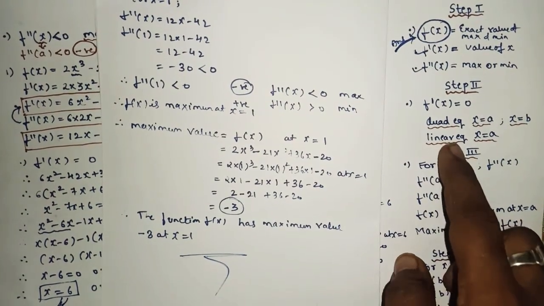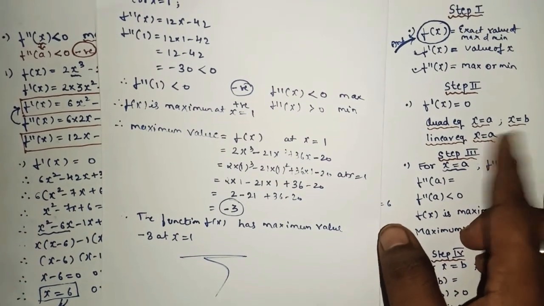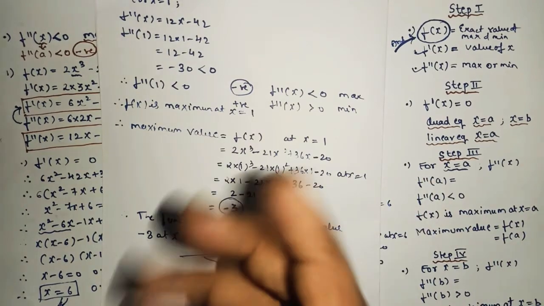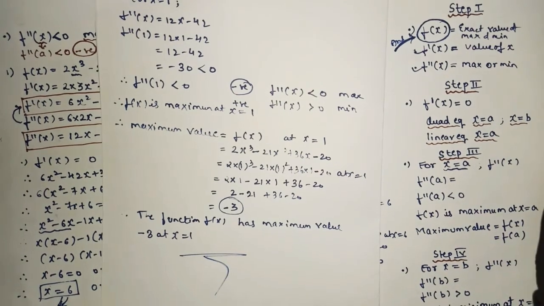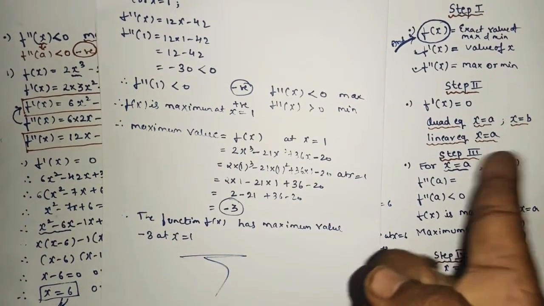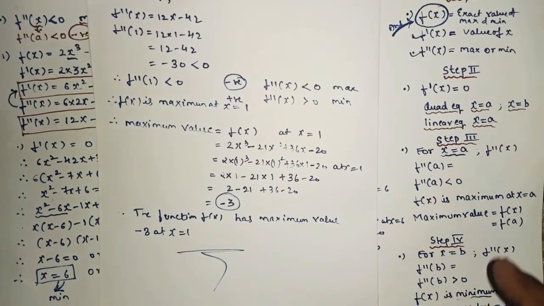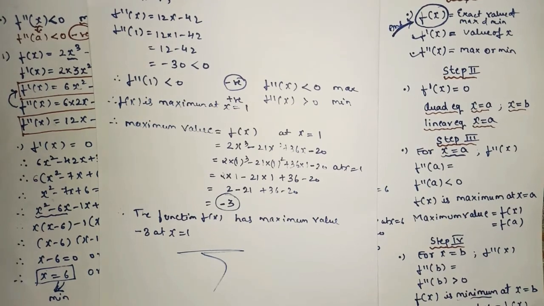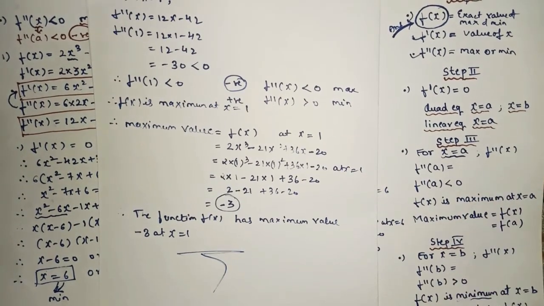But remember, whether it is a linear or any other equation, if you get only one answer, it will be either maxima or minima. Of course, common sense: if you get only one value, what can we predict? That particular value will be either maxima or minima. When you get two values, one value turns out to be maxima and one turns out to be minima. After that you follow steps 3 and 4 to get the exact value of maxima and minima. It is not compulsory that in step 3 you will always get the maxima. Sometimes you will get minima also.